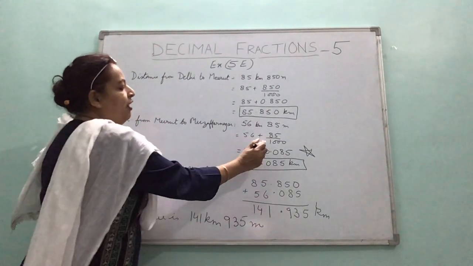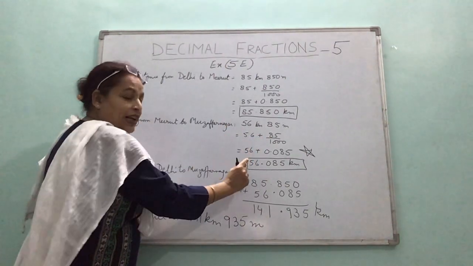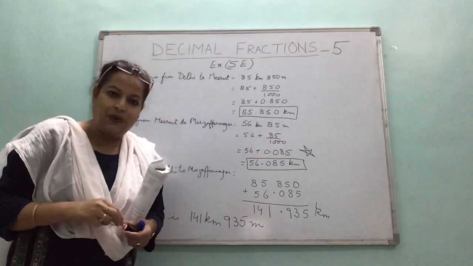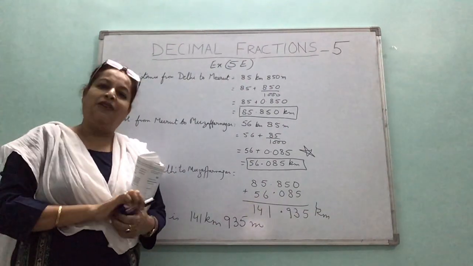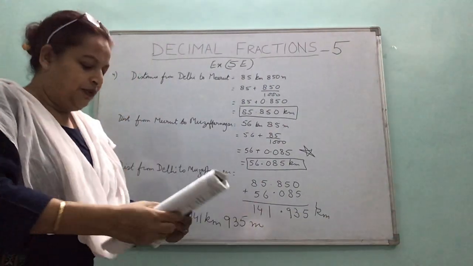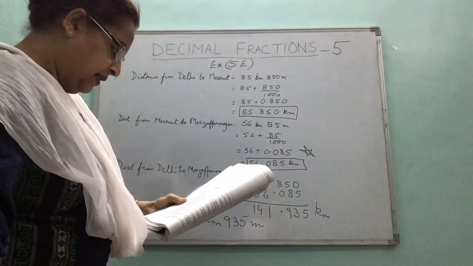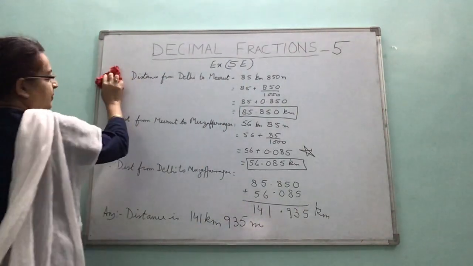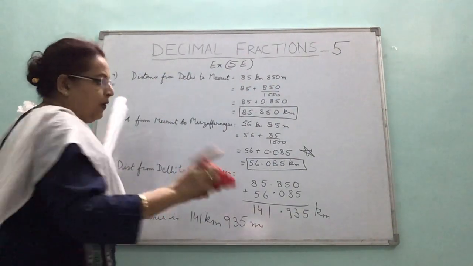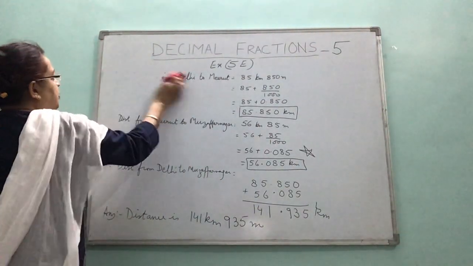Right, children? So here you have to be careful where I made a star, divide by 1000. So there would be 3 decimal places: 1, 2, 3. So put a 0. So it is 56.085. This is the place where you have to be very careful. Right? Question number 4 is clear. Let's move on to some other question. Question number 6. Clear? You will do all these questions in your classwork register. All these questions which I am doing on the board would be done in your classwork register. I am doing question number 6 now.